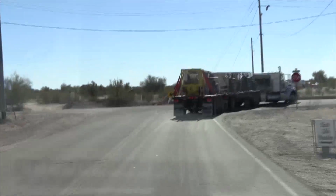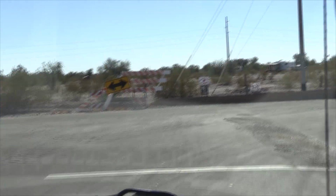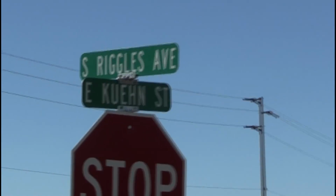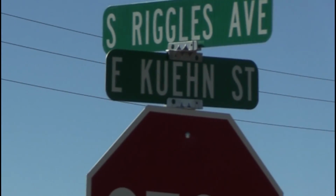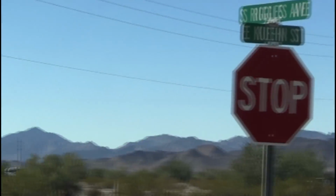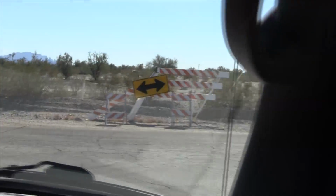This is Kuhn Road. Now, Google Maps, if you stop right here, sweetie, and I'm going to get a shot, try and get a shot of this sign. See, this is Kuhn Road. And for whatever reason, Google Maps insists that this is Dome Rock Road, and that's wrong. Straight ahead there,